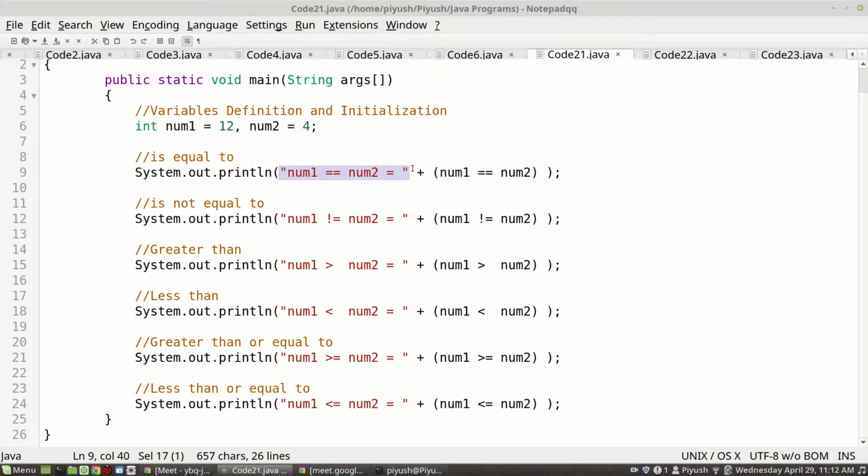So always remember, when you want the result of an expression to be concatenated with any string or message, group that expression so that the result can be obtained first, and then that single numeric value can be concatenated with a string.